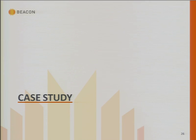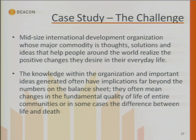So let me give you the case study. Let me walk you through what that looks like as we did it. So, starting with the challenge. We had a mid-sized international development company, and they do a lot of work in a lot